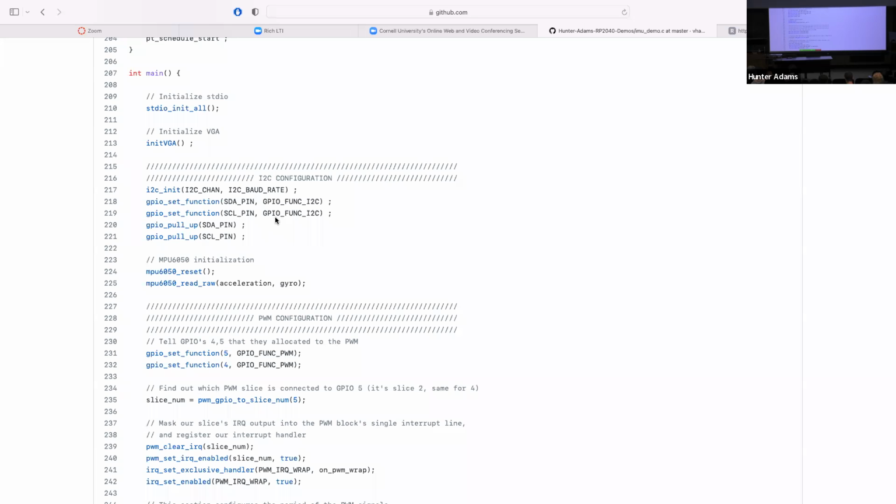Do you have a question? Yeah, when we try to get the Pico to be connected with the IMU, I think it's not a stable connection, like sometimes it just doesn't work, and when we try to reset the Pico, the program will get stuck in the MPU 6050 reset.